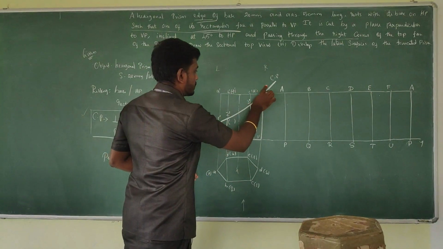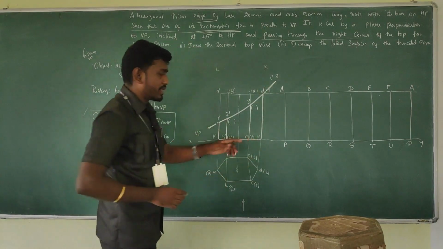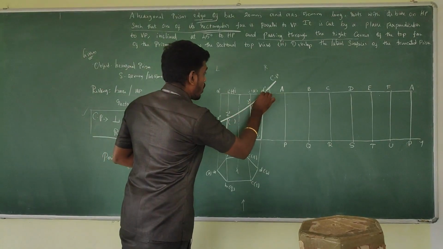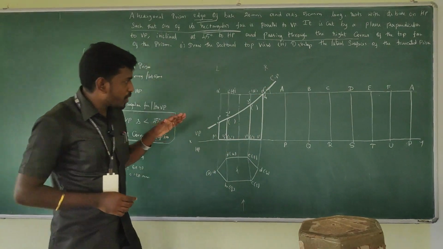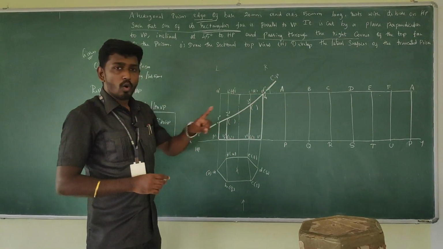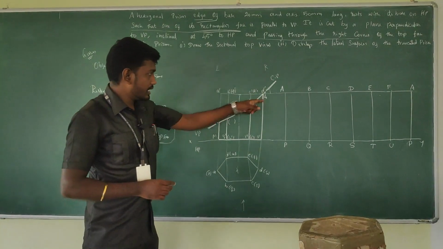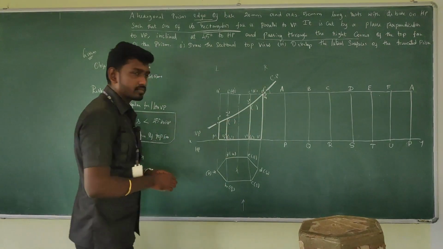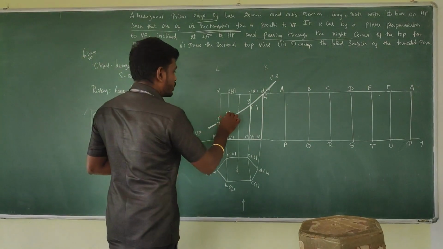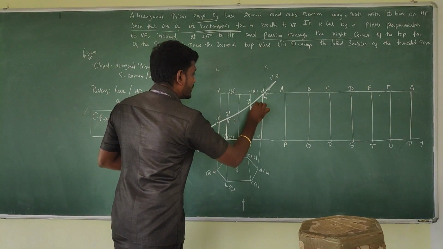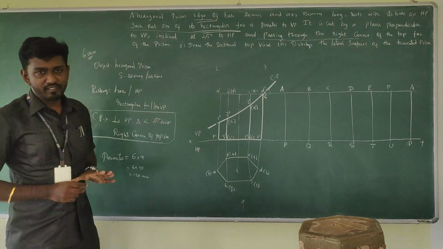And see, at the corner, we have an edge D dash to S dash. There we will get only one cutting point, which I am going to name as 4. It's not a base, it is passing through the corner, so there would be only one cutting point. If it influences the base, there will be 2 cutting points. Here it is 1. It's a 4 dash. And coming in return to mark all the invisible edges, 1, 2, 3, 4, so it will be 5 dash. This would be 6 dash. Now the front view is over.